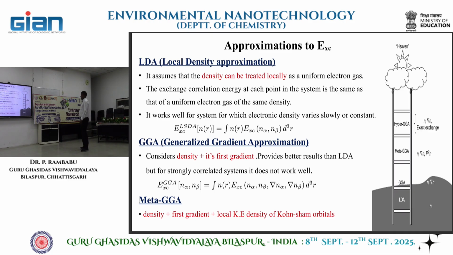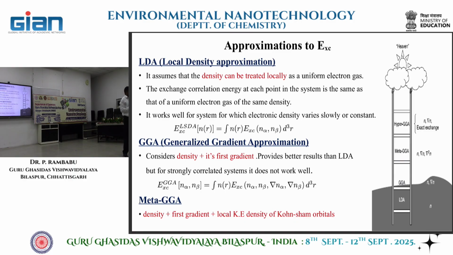Similarly, some of the problems are associated with the LDA. When you optimize the system, it gives you lattice constants which are less compared to the experimental lattice constant. So, to avoid that, people have come up with generalized gradient approximation. So, they have taken the gradients of the electron density also. In that case, some of the improvements can be made. Here you are getting the lattice constant may be overestimated compared to the experimental ones. So, here also it is having some kind of difficulty, but together